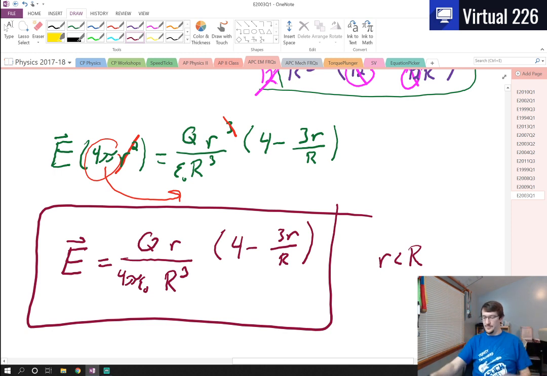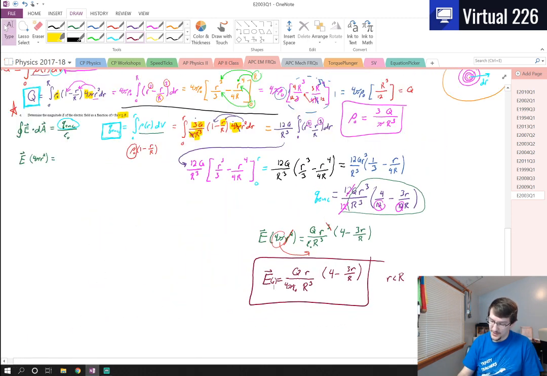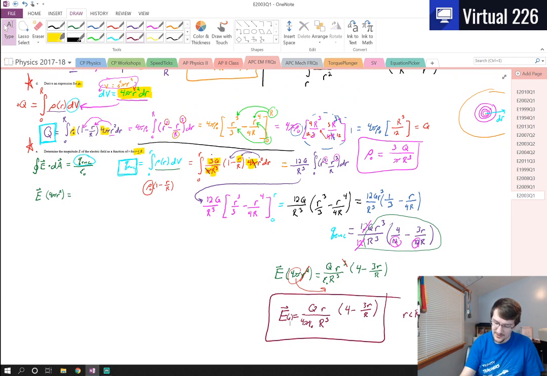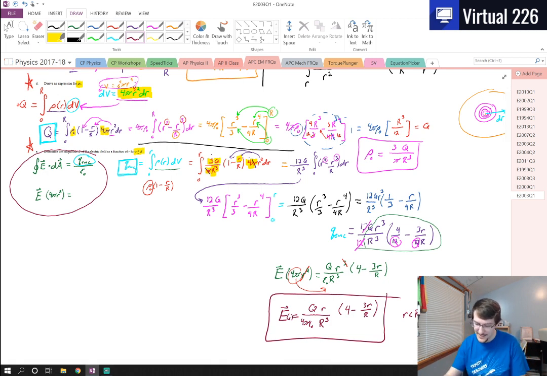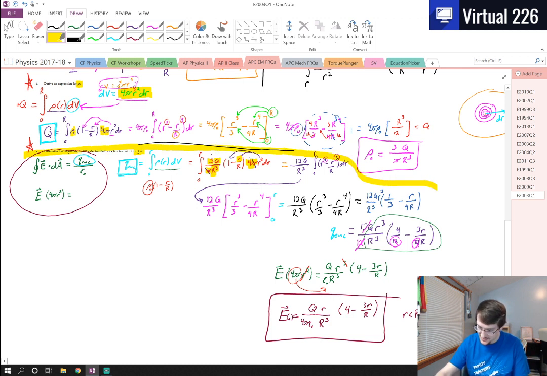Oh, wow. That was a big one. So E is a function of r. That was a big one. That was a lot of work to find that. But in the end, it all stemmed from this initial piece here, Gauss's law. It was just, what is the charge enclosed? All of that work there that we did at the end, like all of this, all through here, and all of that,